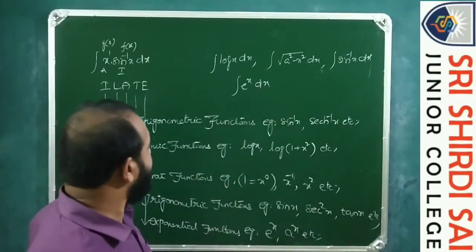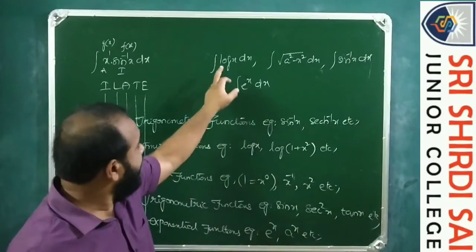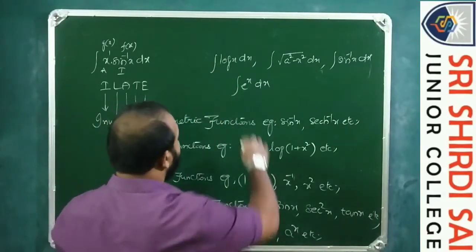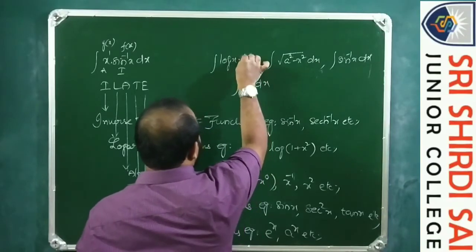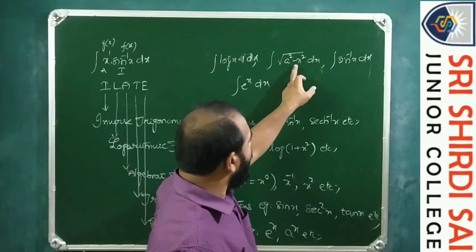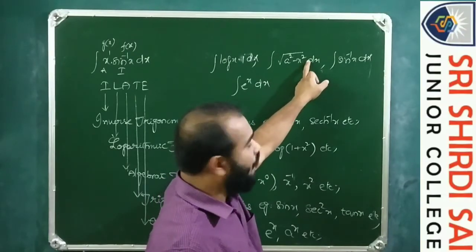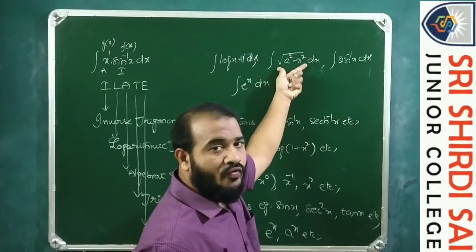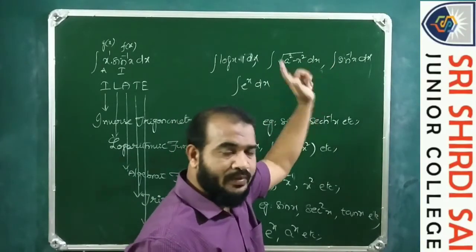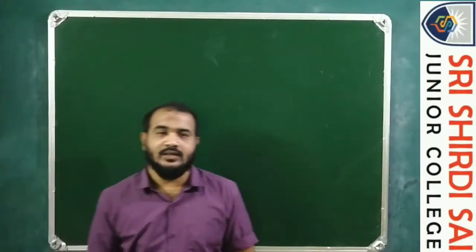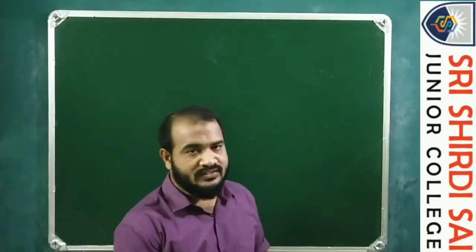Okay, likewise. So here the second function is to be treated as 1. So log x is log x into 1 dx. Here the integrand is root of a square minus x square into 1. So f of x is root of a square minus x square, and 1 is g of x, basically the second function. Let us discuss some examples based on this concept.